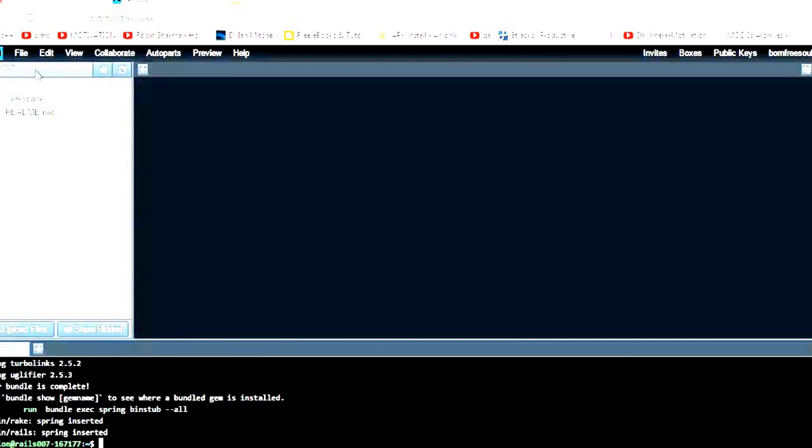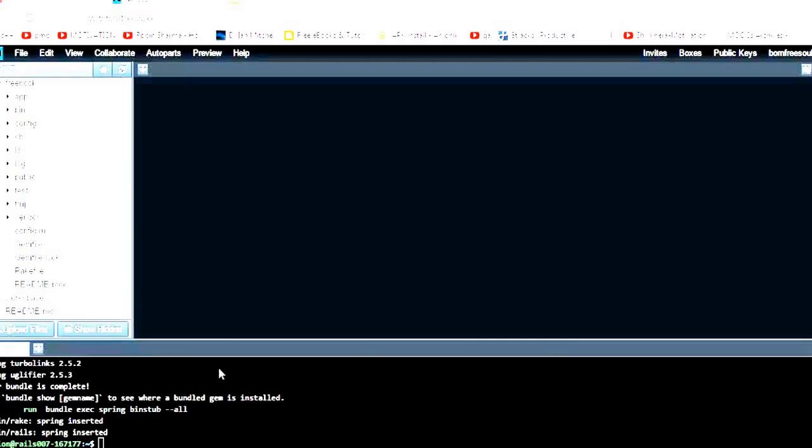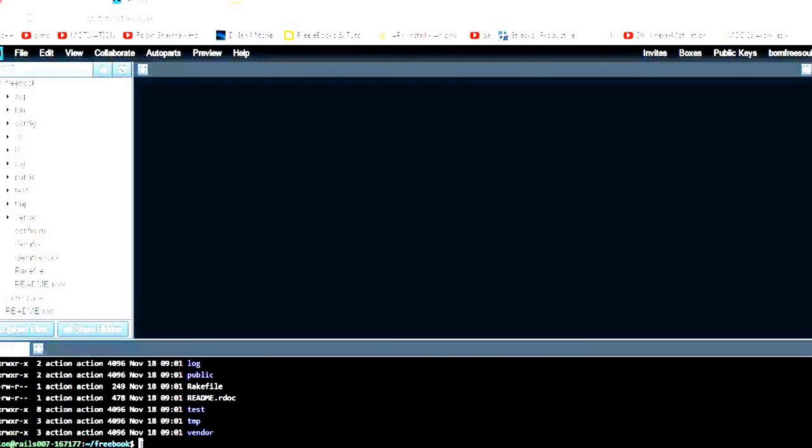If I click on the Rails 007 refresh button, you can see the freebook project is now listed with the pre-configured files. I just click on cd freebook, ls -la. These are all simple Linux commands, and you can see all those pre-configured files are now under my project. So till now we just used simple commands. We have not created those files. These files are pre-configured. As you can see, if you click on app model,